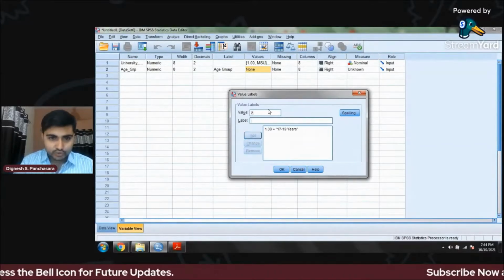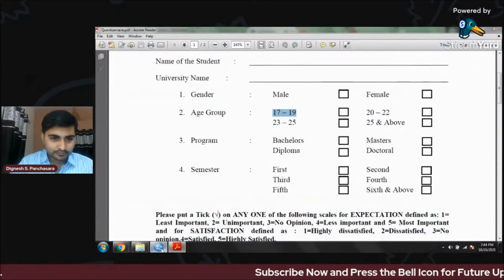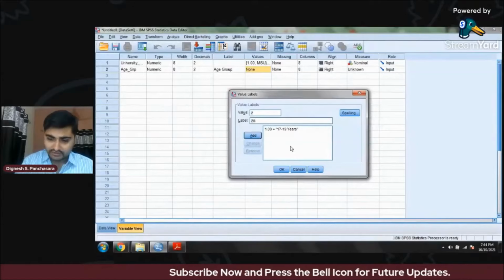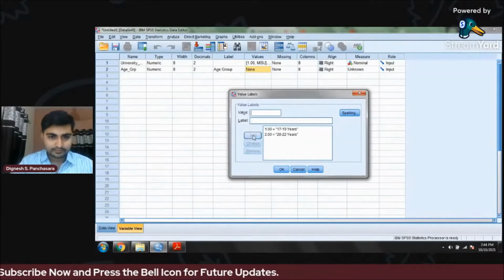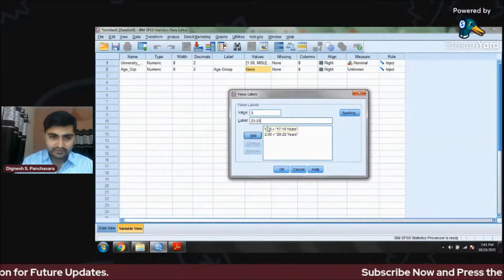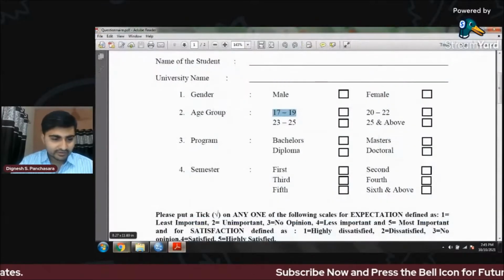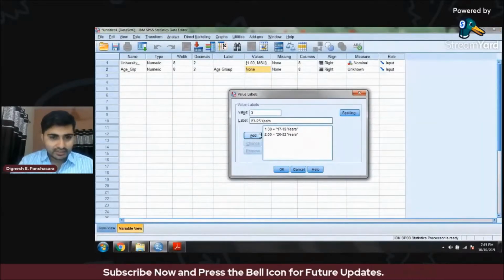Click add. 2 number I'm giving code to the 20 and 22. 20 dash 22 years. 3 is 23 dash 25, right? 23 to 25 years. Add.